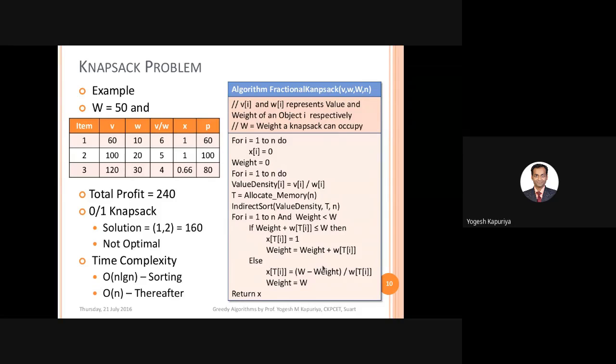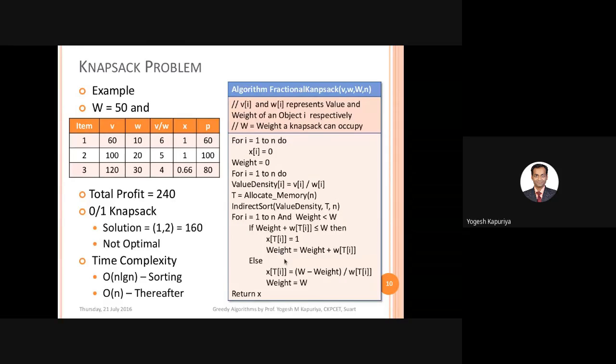Remaining means the capacity minus current, so W minus current weight. That remaining weight divided by the total weight will give me some value of X. And obviously, once you are in this part, your current weight is actually the capacity of the knapsack. That means your knapsack can no longer carry any other object, so that should terminate your algorithm.